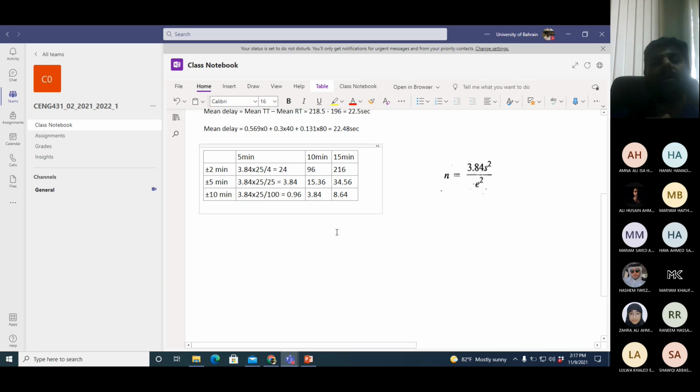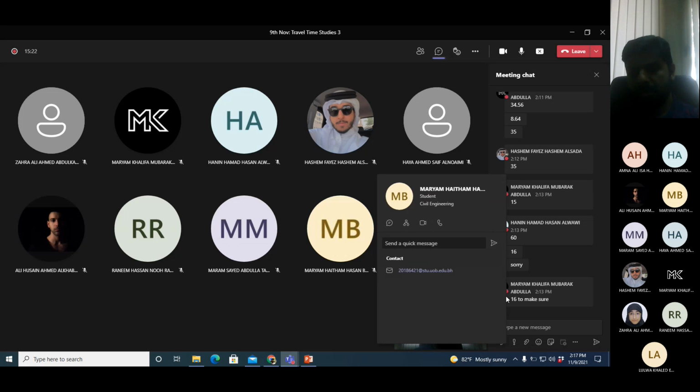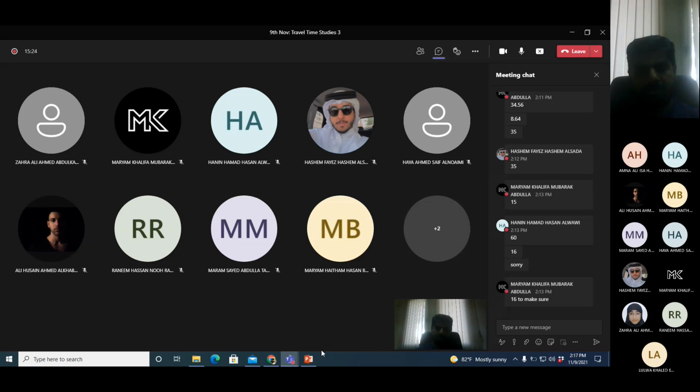Again, to increase the precision. Even for one observation, if you do it repetitively, it can increase the precision of your observation. The same thing happens with any sample as well. When you increase the number of samples, it reduces your error and increases your precision. So these were a couple of important points. Yeah, 16. Every time it is 16.